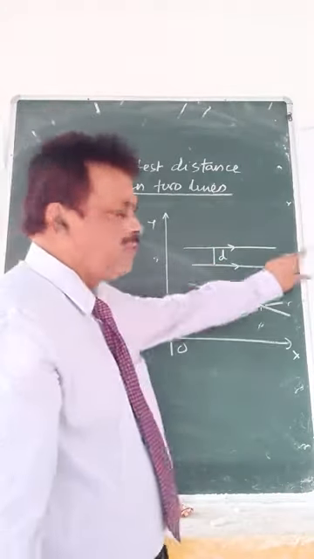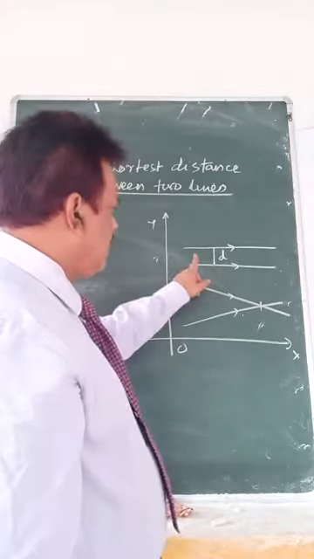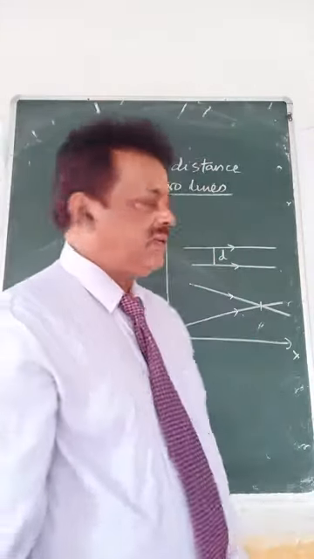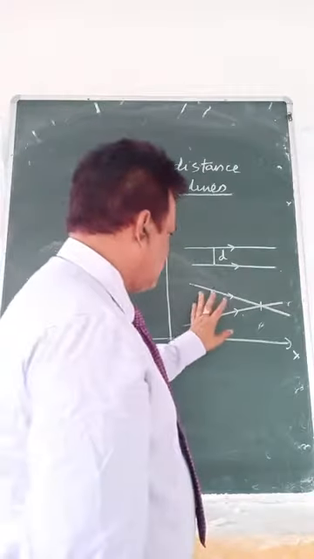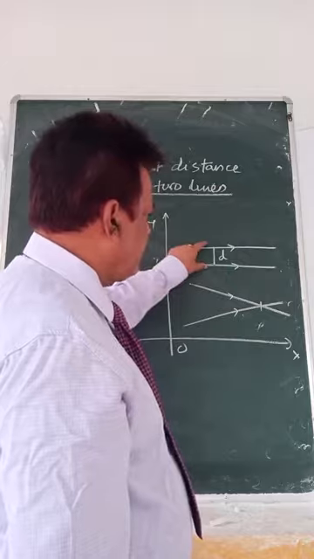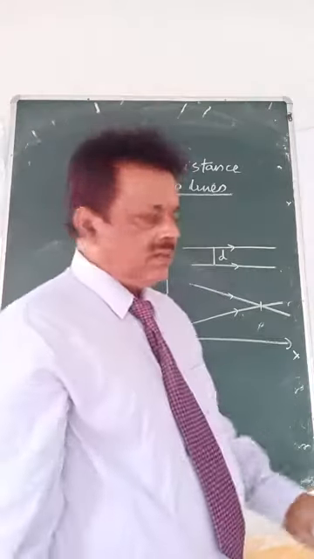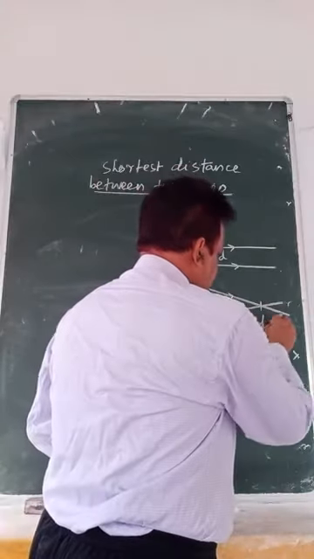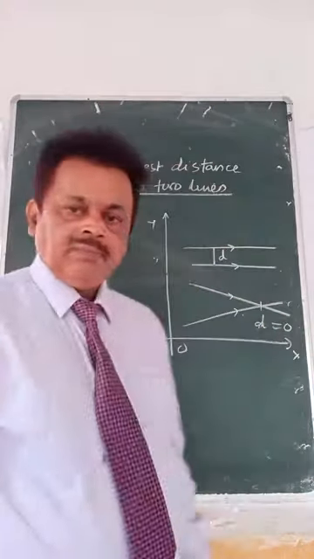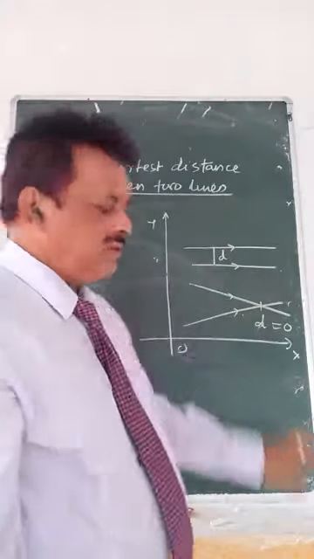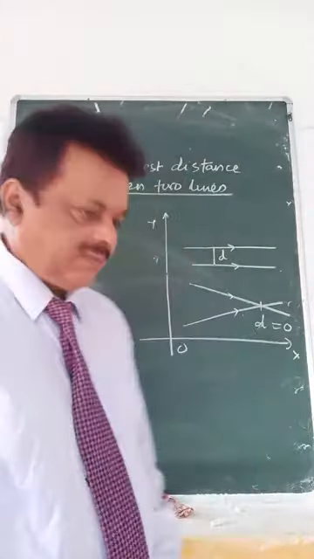Distance between two parallel lines in Cartesian plane. This already you have studied in class 11. When you talk about this also, either the lines will be parallel, means they will not meet, or the lines will be intersecting. In this case, your distance is 0. Got the point? Now consider three-dimensional figure.